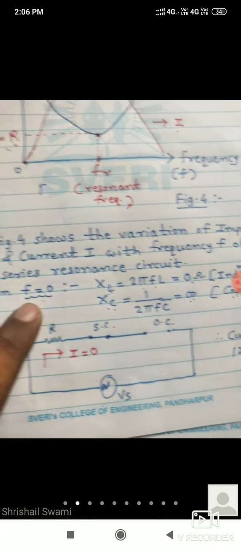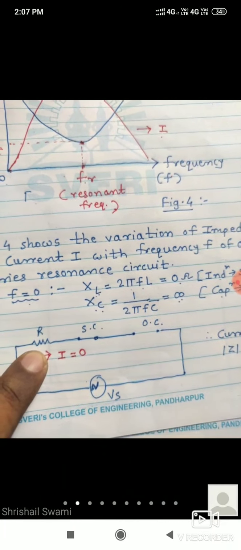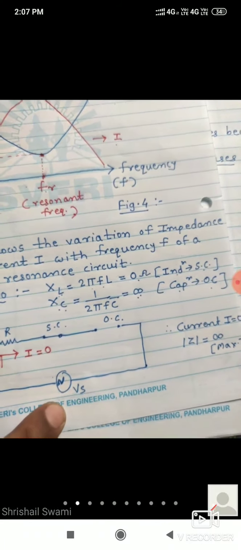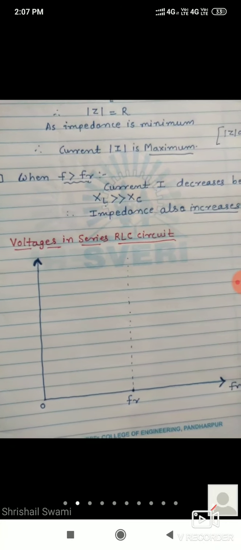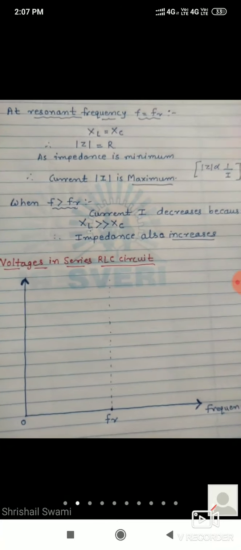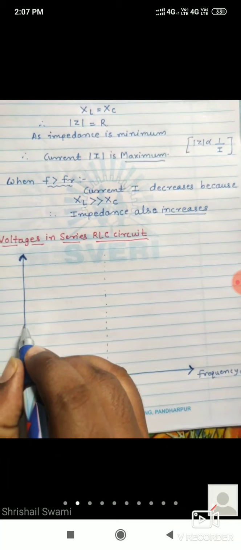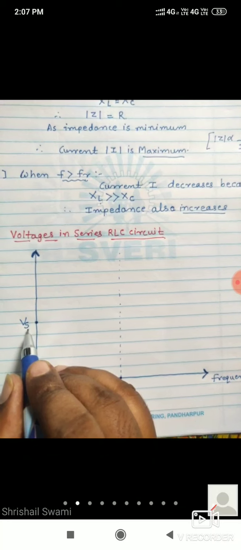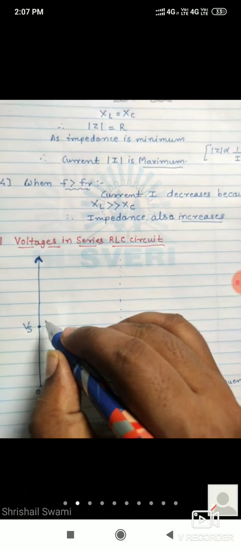Okay, so at frequency f equal to 0, voltage VR is 0, VL is 0, and VC is equal to supply voltage VS. According to that I will start the graph. First of all I will draw the graph of all three, then I will explain all those points. Somewhere I will mark here the supply VS. So at resonant frequency, VS, the answer will be of what? Capacitor reactance. Okay.